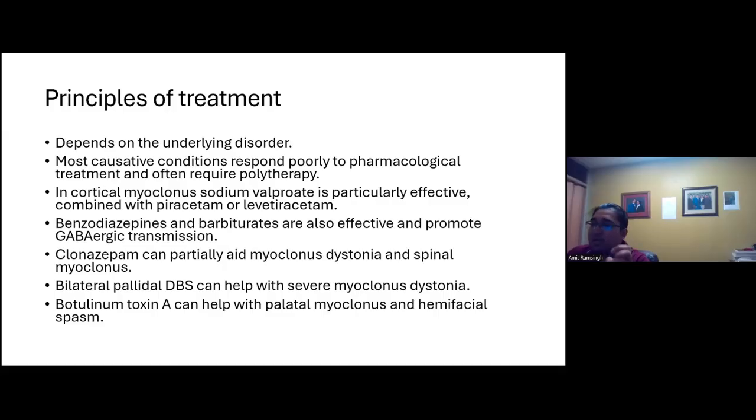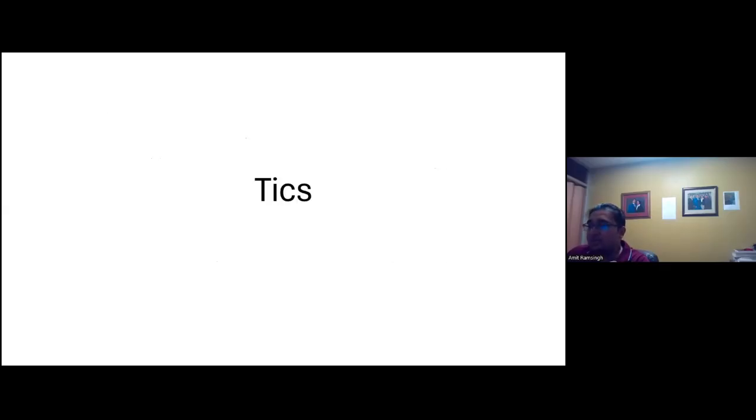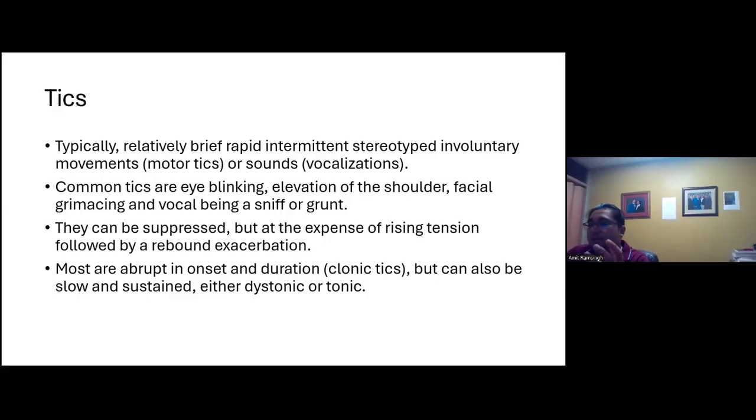You have a role for bilateral pallidal deep brain stimulation with severe myoclonus dystonia, and botulinum toxin A for hemifacial spasm and palatal myoclonus. And then lastly, we talk about tics. A tic is a relatively brief, rapid, intermittent stereotyped involuntary movement, which could be motor or it could be vocal. Common tics are eye blinking, elevation of the shoulders, facial grimacing, or vocal being a sniff or grunt, and they